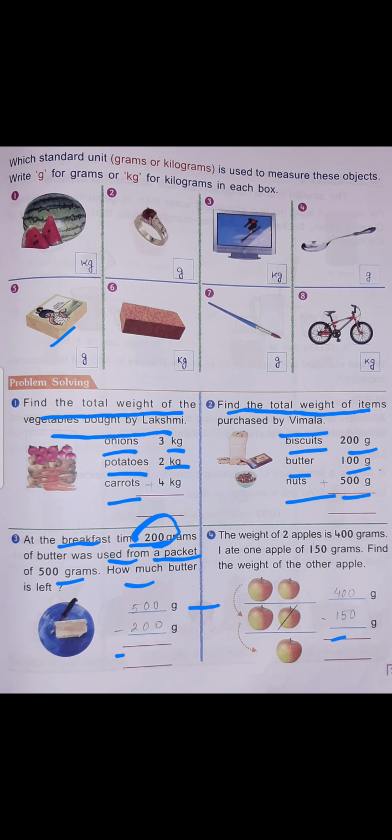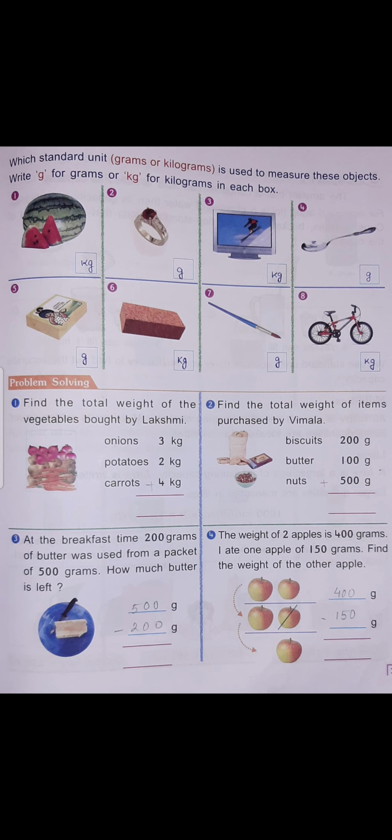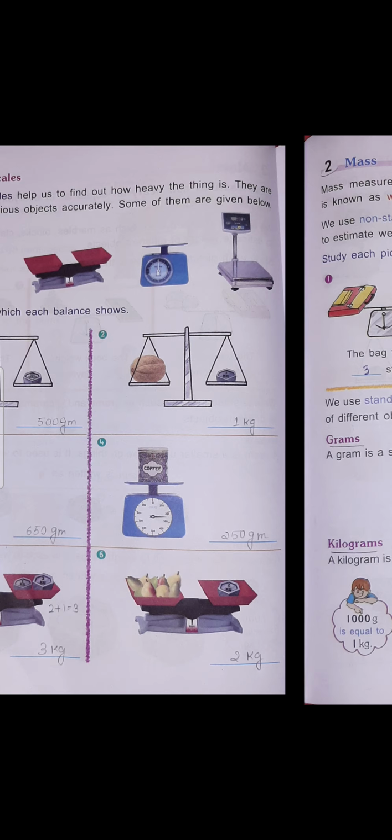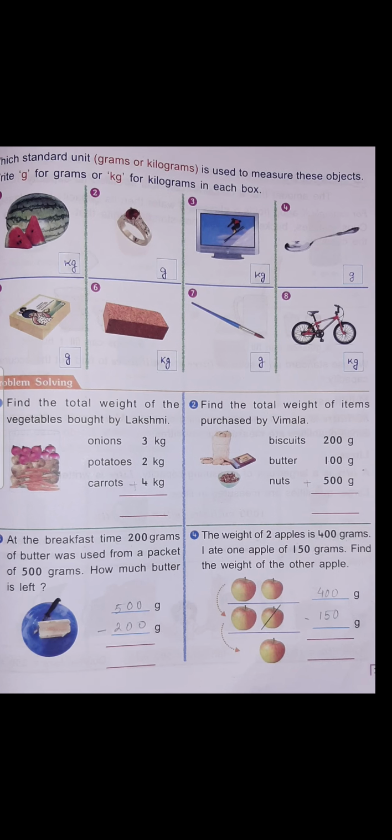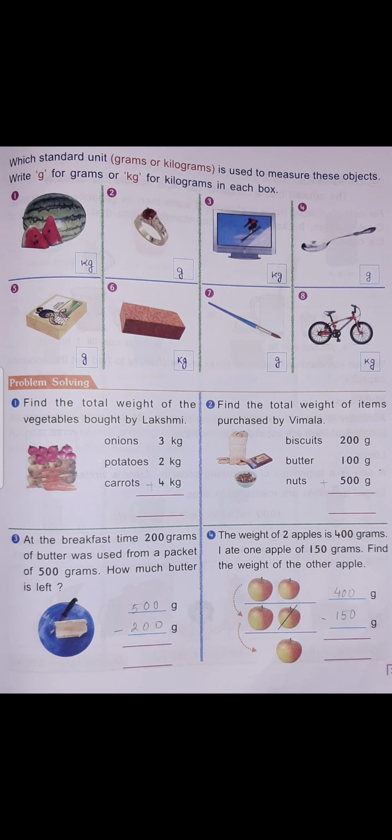So now these things, whatever I have taught you, you have to do the problem solvings and note them down in your copy. That means you have to solve all these things in your copy. You have to write the question, page number, today's date, chapter, name of the chapter, and then do this as your classwork. Understood? Okay, children, thank you. We'll continue the next portion in our next class.